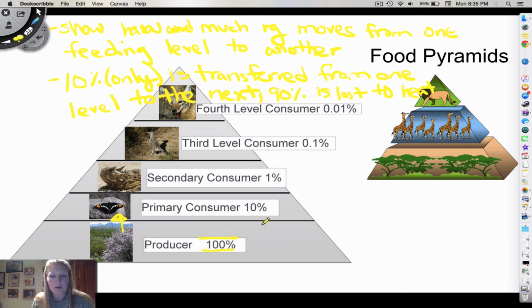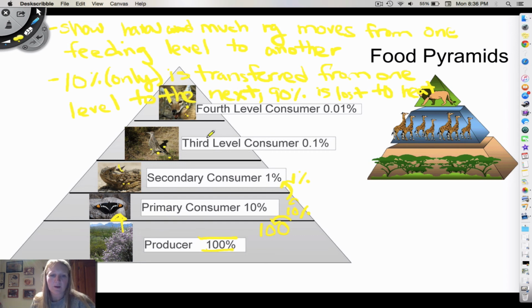And so what we do is we move the decimal over between each step. So if we move it over one, we get that 10%. When we get up here, we're moving the decimal over again, and so we're at 1%. So this one is going to eat this one and this one. So what's interesting is it's not just producer to consumer to decomposer, right? There are lots of different consumers, this eats this, this eats this.